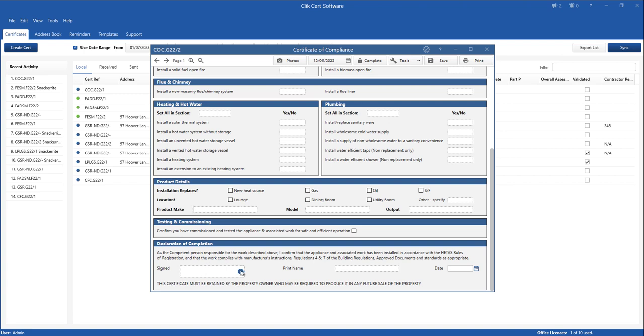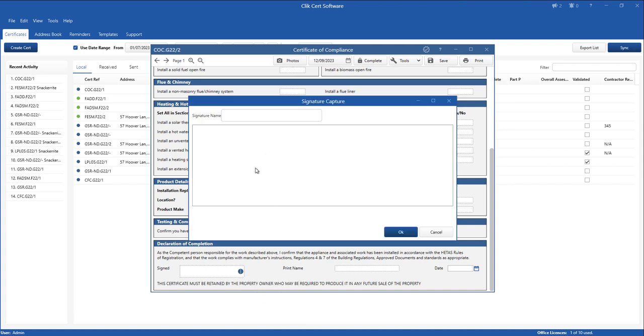Another field is the signature field. So you can hit the little 3 dots here. Either select a signature or capture signature or clear one. So if there's already one, you can clear it. If I hit capture, I can just put in my signature there. And I'm going to put my name in.